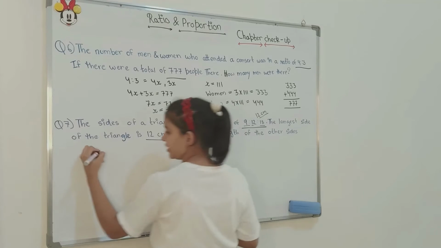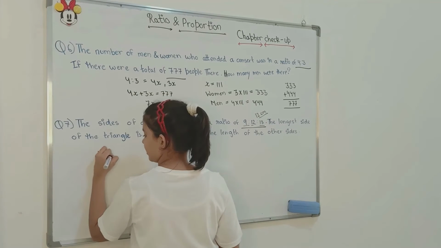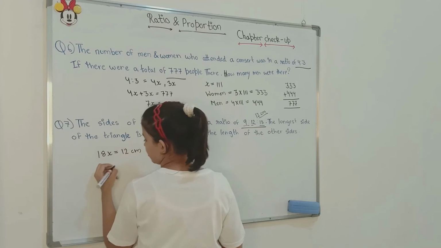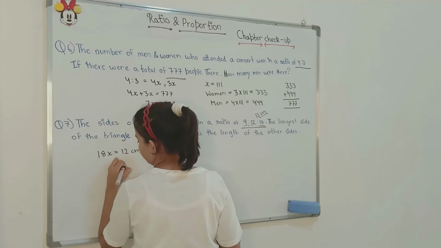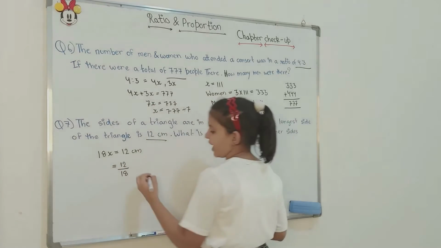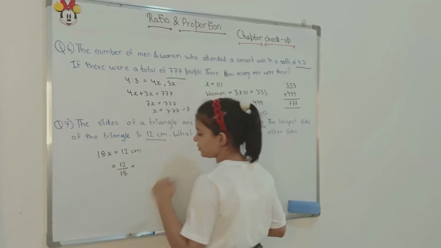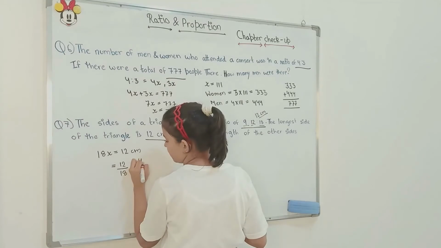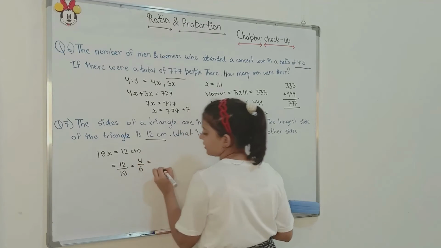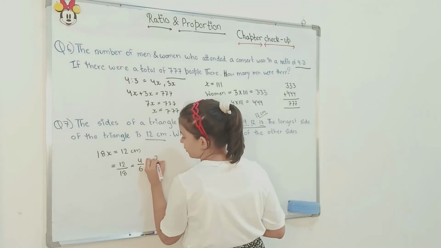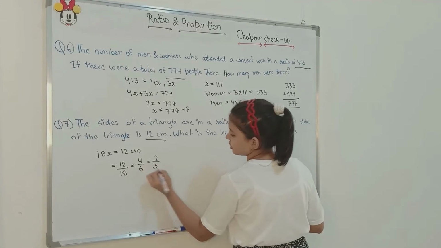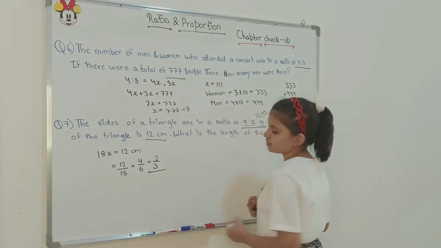So first we write 18x is equal to 12 centimeters. So we write this as 12 divided by 18. Now this is a pretty big fraction, so we'll convert it down into its lowest form. So it would be 4:6. Then again we can do it, so we'll divide it again. So 2 2s are 4, then 3 2s are 6. Yes. So now our final answer we got is 2:3.